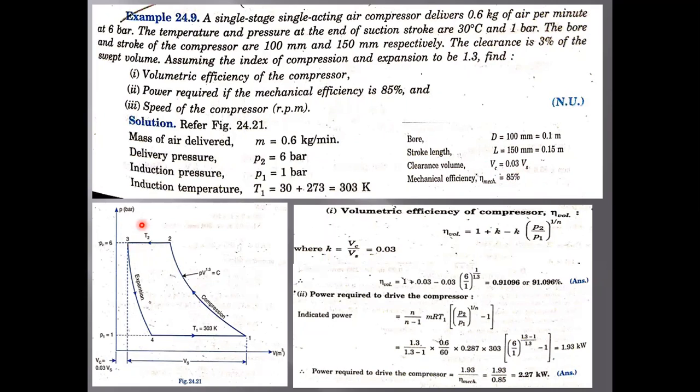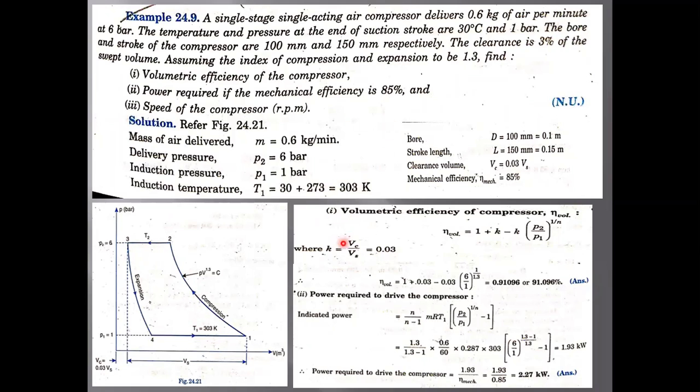So first of all, try to draw the PV diagram. In some cases it may help us, in some cases it may not help us, but better to draw the PV diagram for the conditions which he has given. So this is the PV diagram. Since he has given a clearance volume here, the PV diagram should definitely be like this only. If he has not given this clearance volume, then we can take 1-5, that means this whole diagram we can take, but he has given clearance volume, right? So definitely we need to take this type of cycle only.